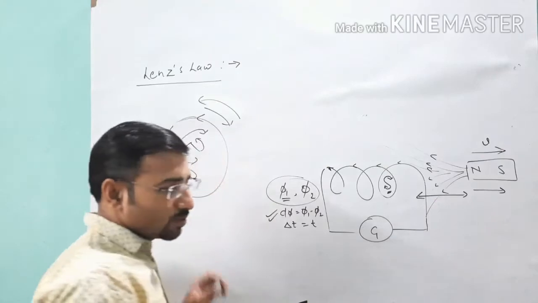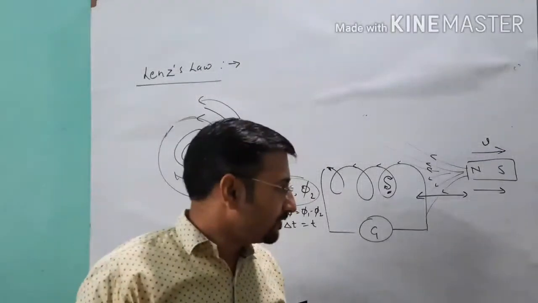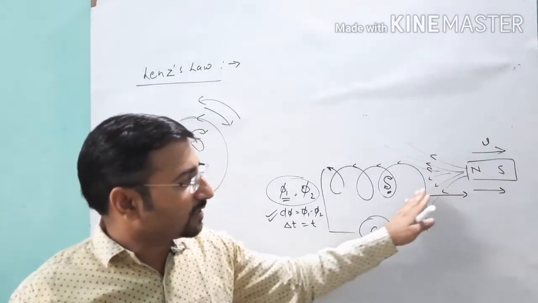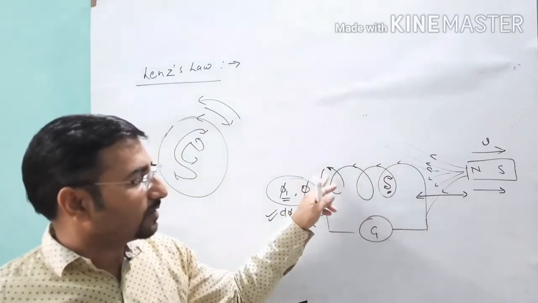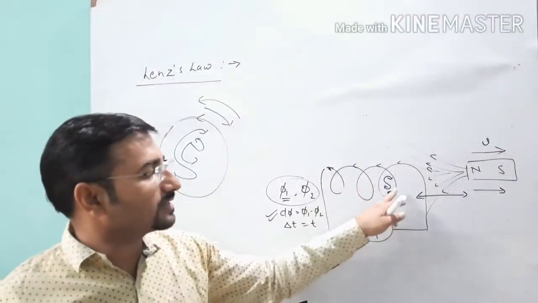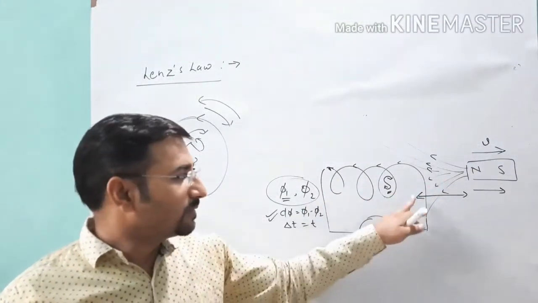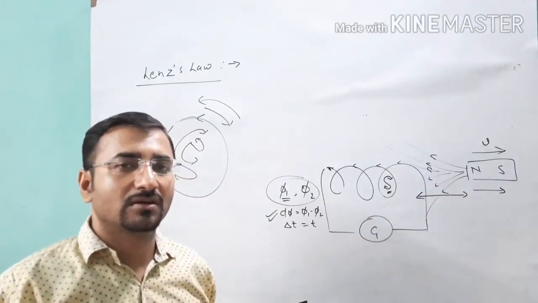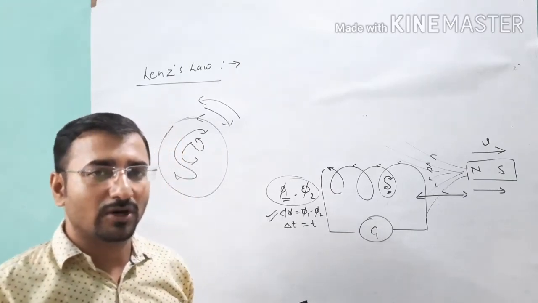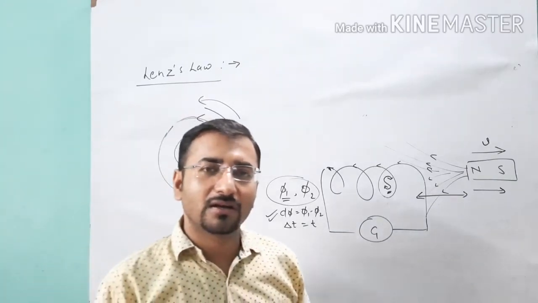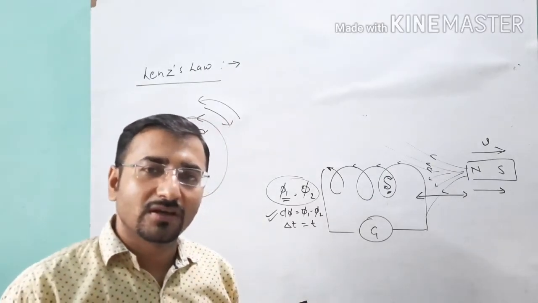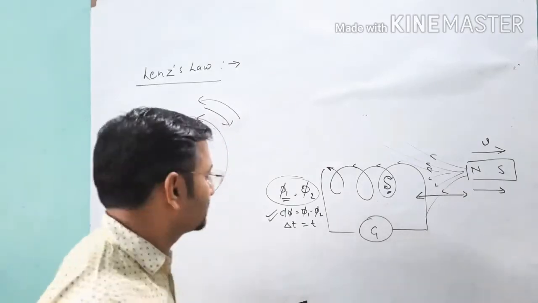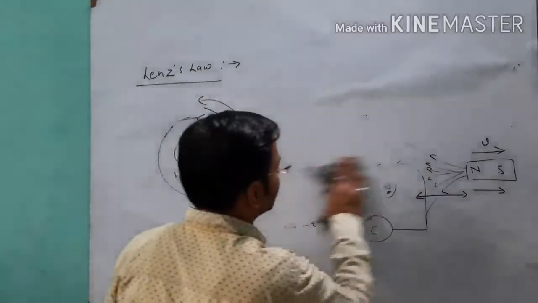So the overall conclusion is that when there is relative motion between magnet and coil, the direction of the induced current in the coil is such that it opposes that motion. It means the polarity depends on the opposition of the change by which it arises. Point clear? The polarity of the induced current as well as the induced EMF is such that it opposes the cause by which it arises. So I will write the definition here.